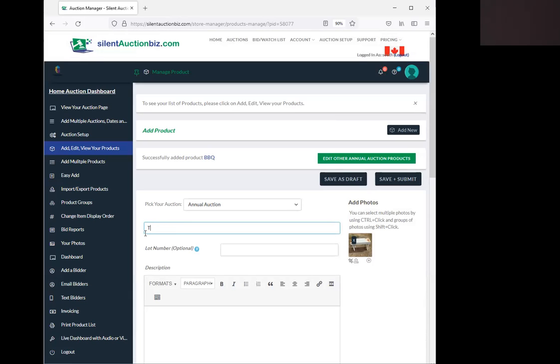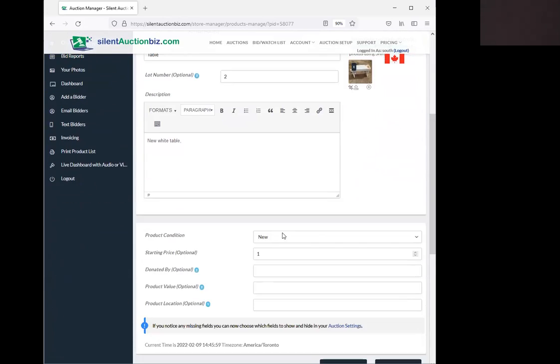We're going to call it a table. And then for your description, the lot number, we missed that on the other one. So you can add lot numbers, this will be lot 2, for instance. And this one is new, we'll call it white table, whatever description you want to put in there. We got the 1 picture. It's new, starting price is okay. It's donated by a local business. Product value is